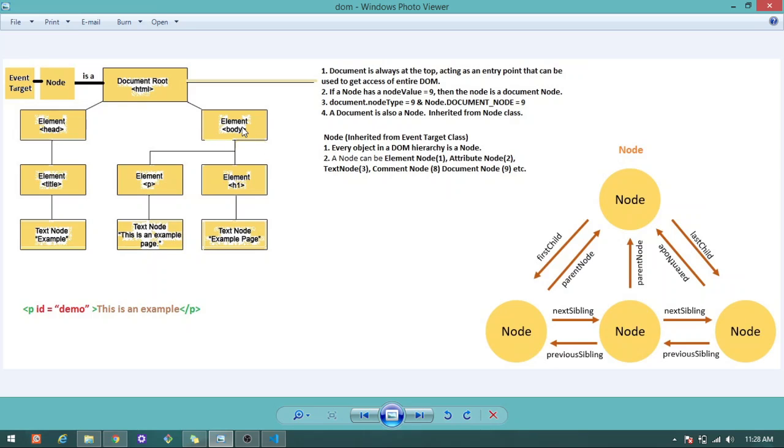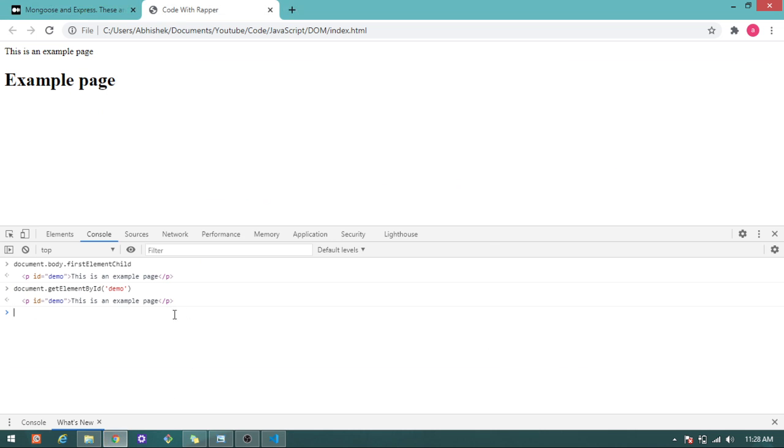If JavaScript tries to access the paragraph, it will do document.body.firstChild, which gives the paragraph. document.body.lastChild will give the h1 tag.